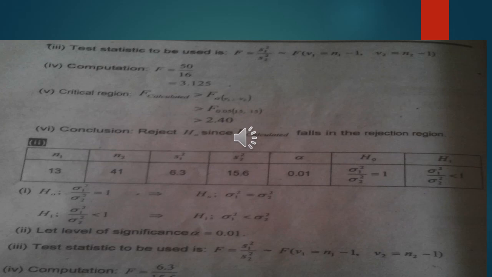value of V2 against V1, and you got 2.40. So you will check whether the calculated value falls into the acceptance region, but our calculated value is 3.125, which is greater than 2.40. So our H naught is rejected,